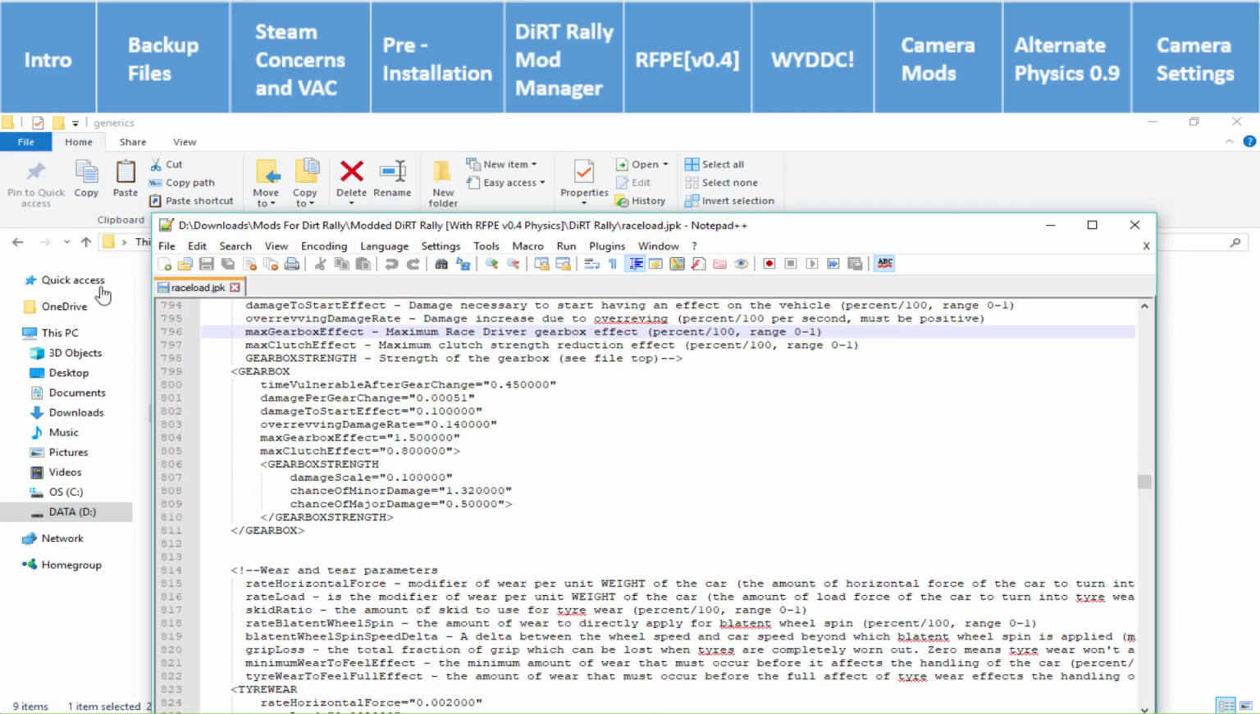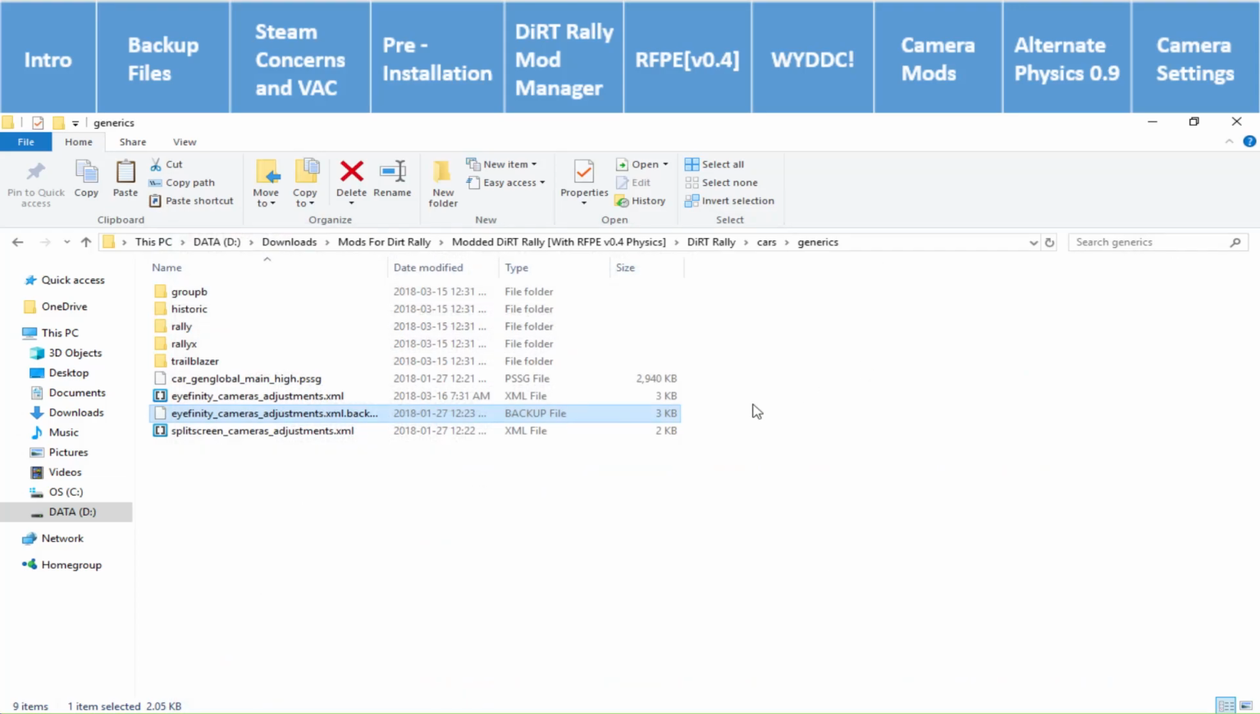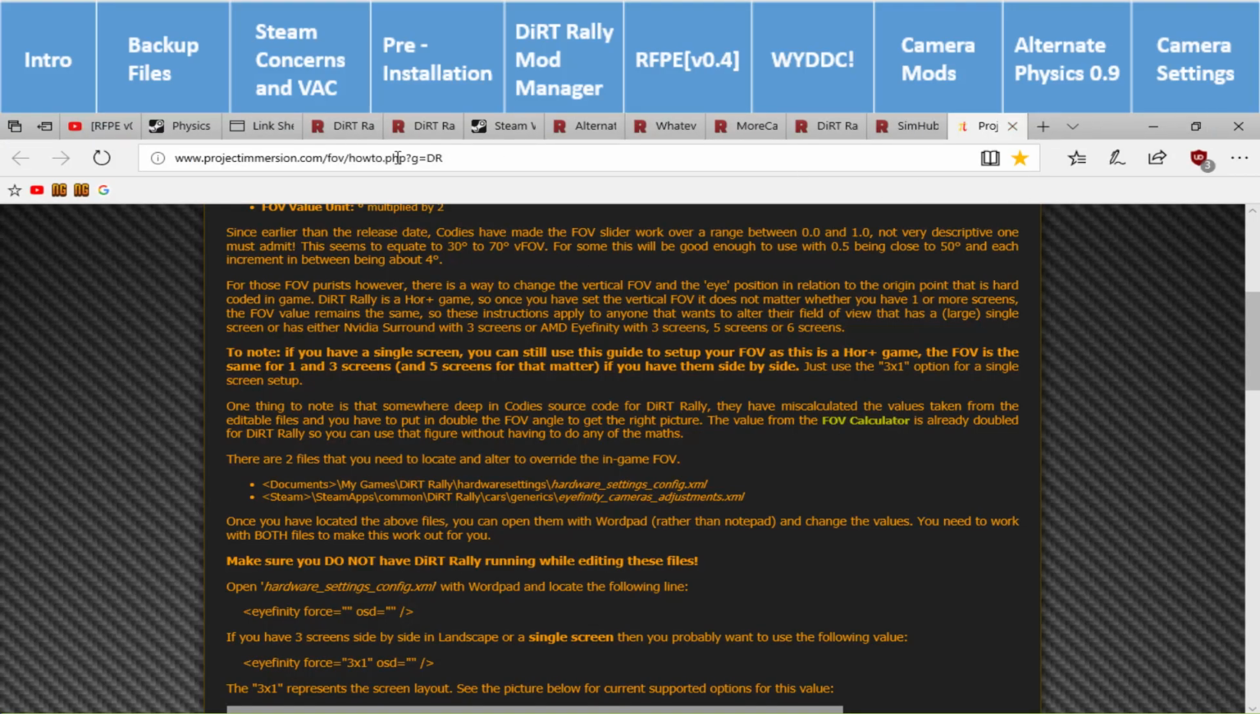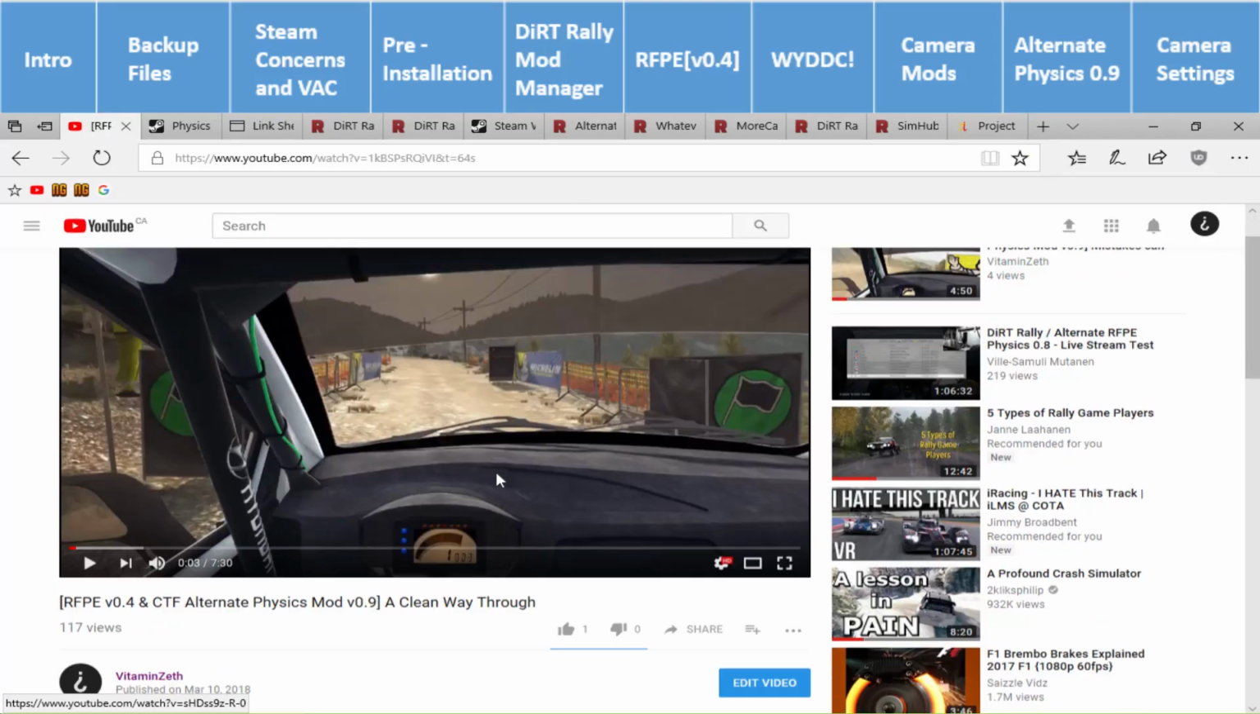If you have to change specific settings to your liking, I would recommend you actually make a backup of it. That's just a simple modder's tip from me to you. So that will be in the description. Now, finally,